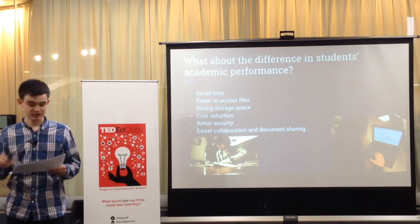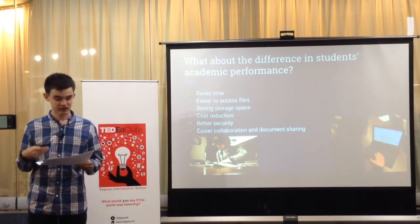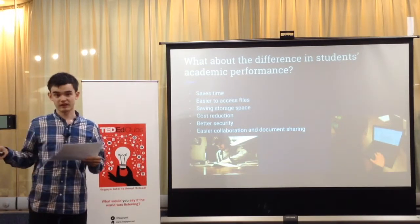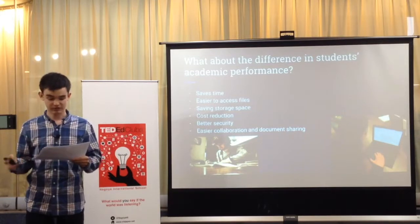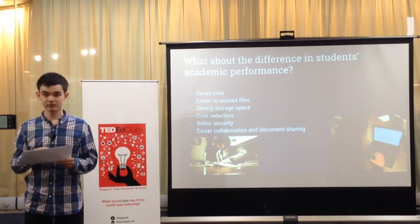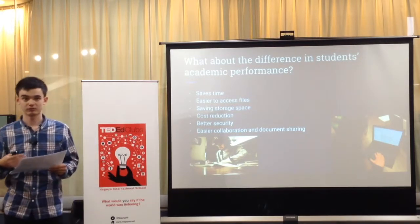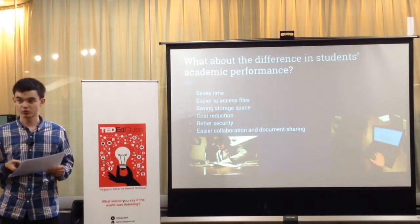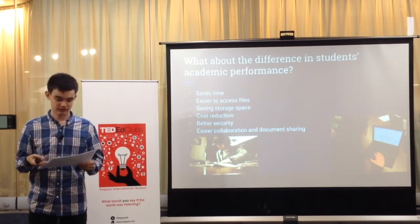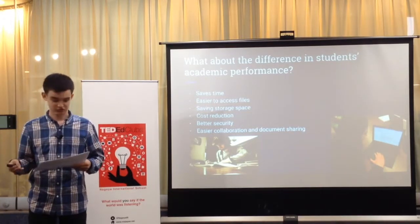And then they will be able to access the file as soon as they can. And then, when I talk about saving storage spaces, I mean storage spaces like the cubbies that basically store books right now, and those can be cleaned up and replaced with other equipment and tools that could support students to help themselves